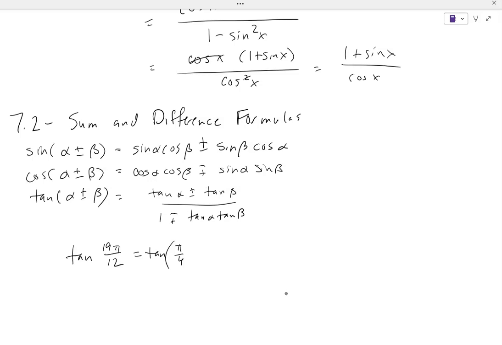Pi over 4 is how many pi over 12s? 3. So you need 16 more. 16 pi over 12 does the same thing as 4 pi over 3, because the 4 would cancel on top and bottom. So I can write that as pi over 4 plus 4 pi over 3. And then using our sum formula,